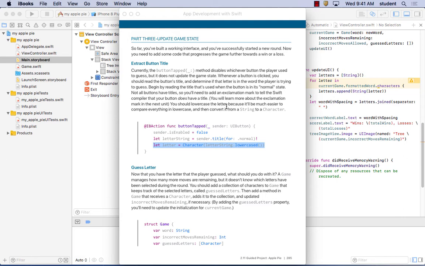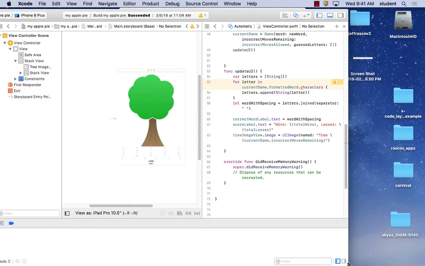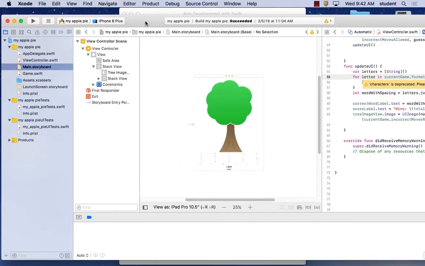You should lowercase the letter because all matches compare everything in lowercase, and then convert it from a string to a character. So what they're trying to say here is they're going to convert it from a string to a character. Why do that? I don't know. I think what they're trying to say when we get this error message here is that you can use a string in the place of the character now. Characters is deprecated. Please use string or substring directly. And so I went over here to the